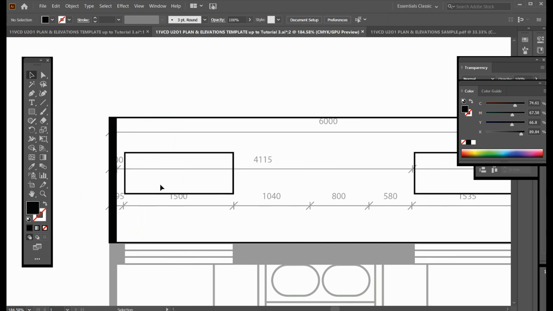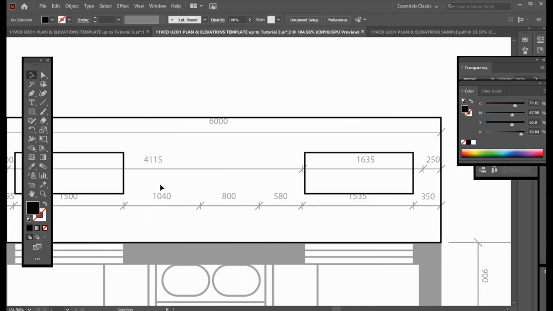And now we want the external thickness of the wall. So we move across here. Just use this as a guide, or we also have the measurements here, so we can just use that. Rectangle tool selected. Okay, and with the selection tool we can size it correctly, drag it down so it hits the bottom. Okay, so if we zoom out a little bit,